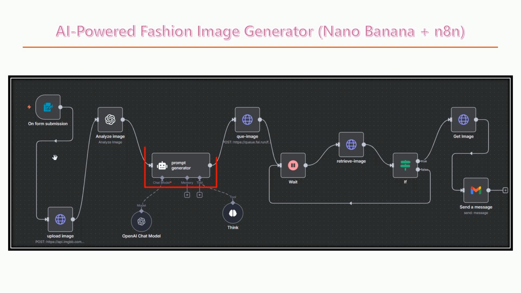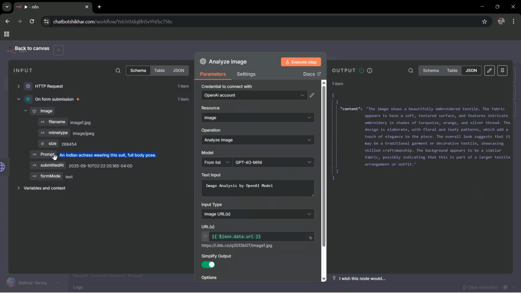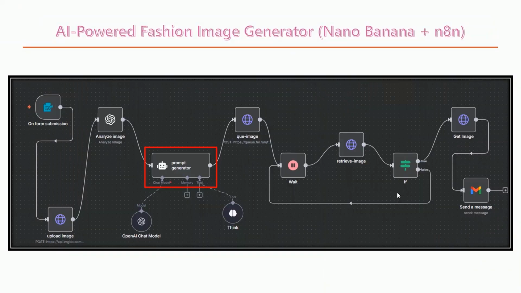So this prompt generator is going to combine both the things, the user request as well as the details from the image analysis, this one. And it is going to create one final prompt. The prompt generator also uses the think tool, which helps the AI double check and refine the details before finishing